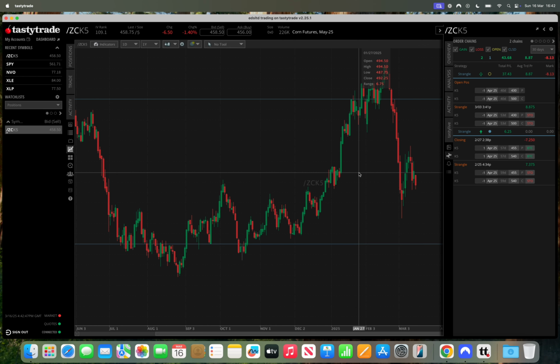This is a futures position, so obviously we're using SPAN margin, and so we're getting a very, very nice return on our capital here. I believe this cost us about $700 in buying power, and we collected about $400 in premium. So as you can see, great return. We've still got 40 days left on the contract, and every day that goes by,